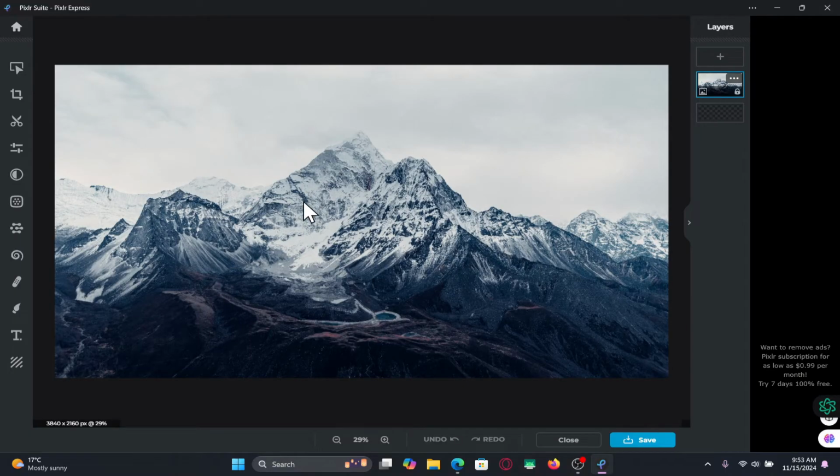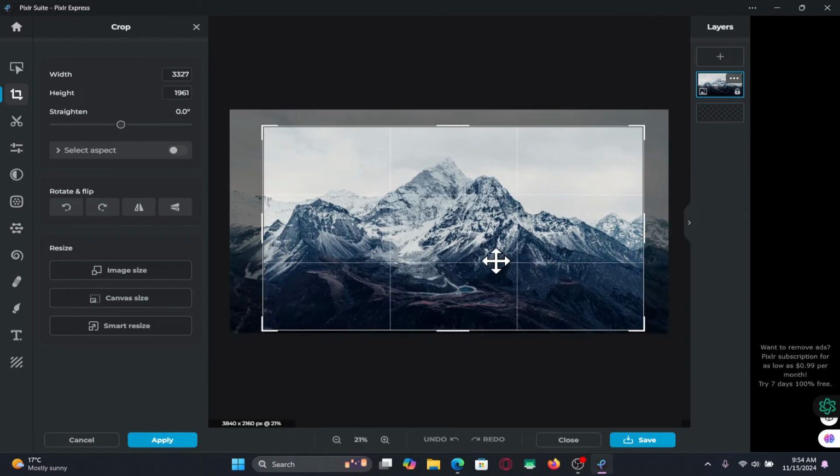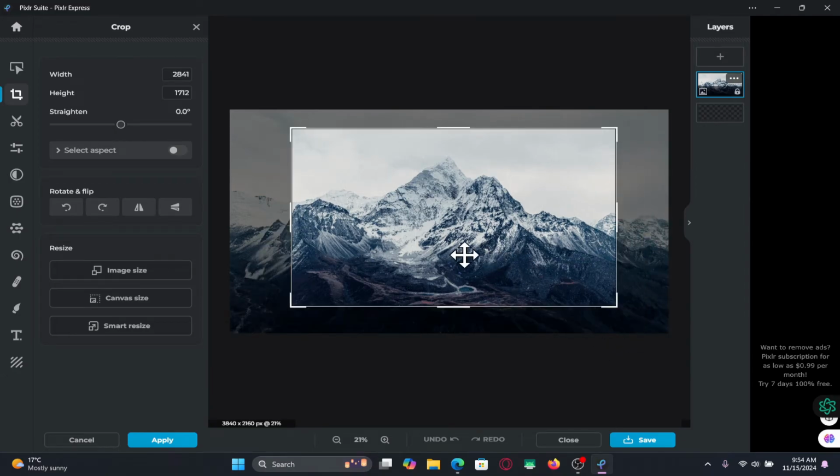After uploading your image, this will open up the image editor. Now from here, in order to crop the image, just click on the crop option at the left side. You will now be able to drag and adjust the area that you want to crop and keep within your